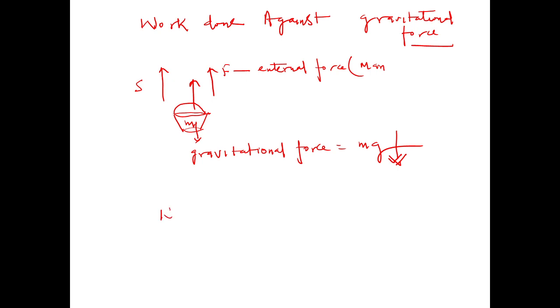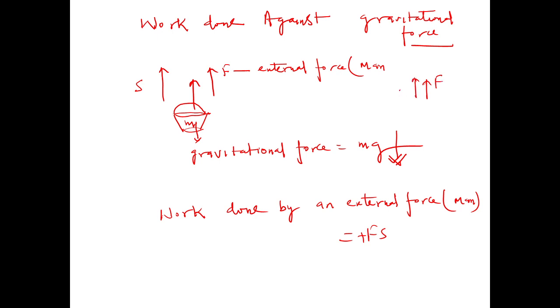So the work done by the external force, which is here the man, is equal to F into S with a plus sign, because the force is upward and the displacement is also upward. But the work done by gravity, by the gravitational force,